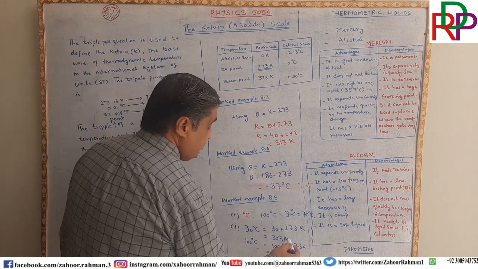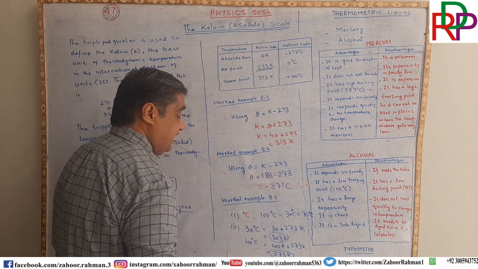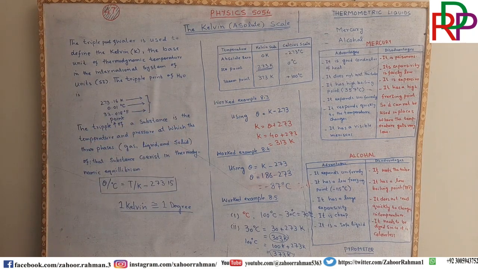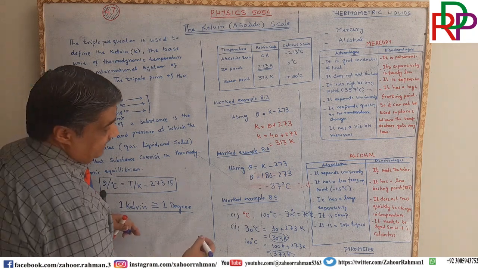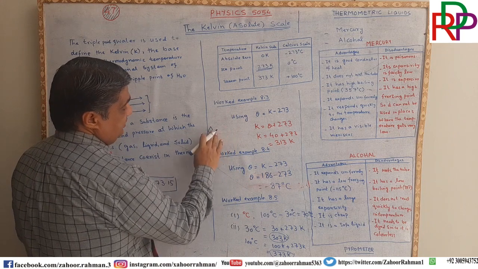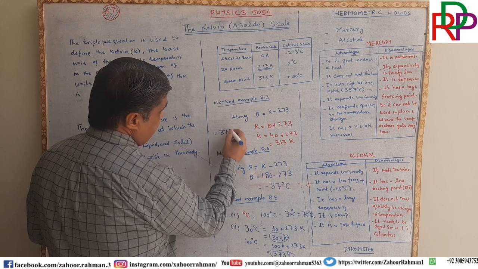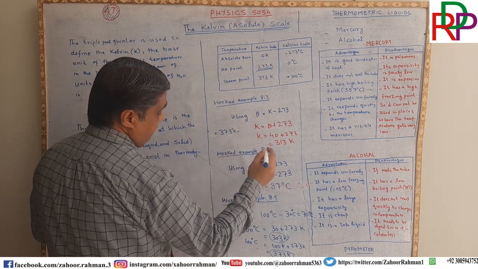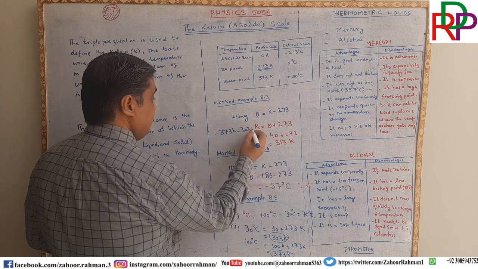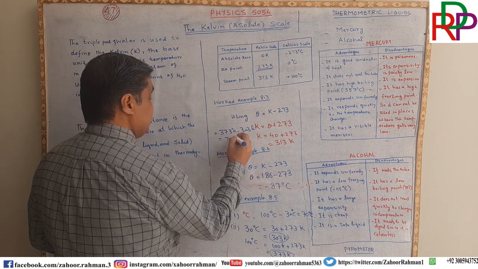Now we found this value for 30 and this value for 100, so we can easily subtract and find the change in temperature, and that will be equal to 373 Kelvin minus 303 Kelvin, and that will be equal to 70